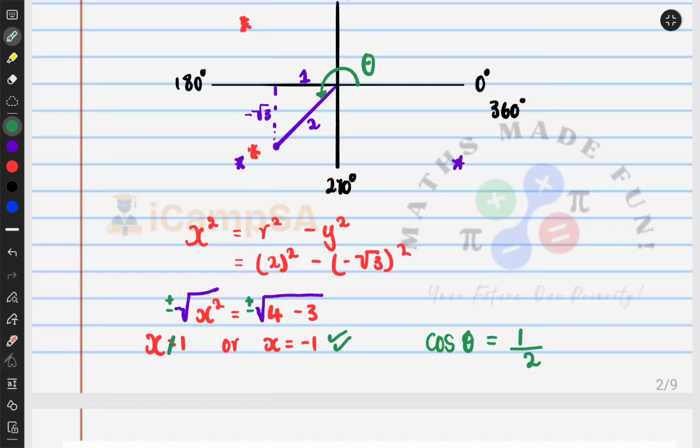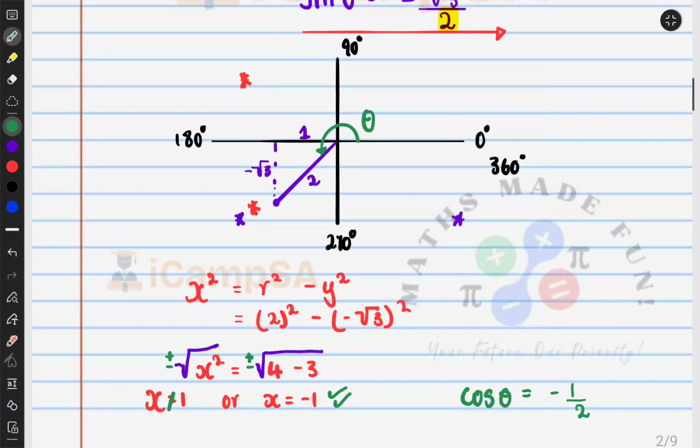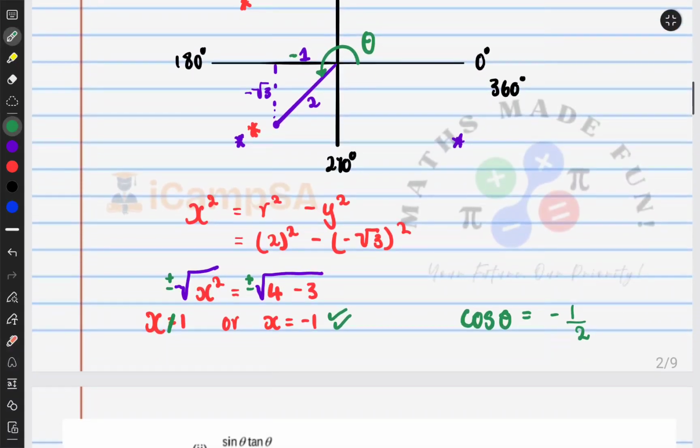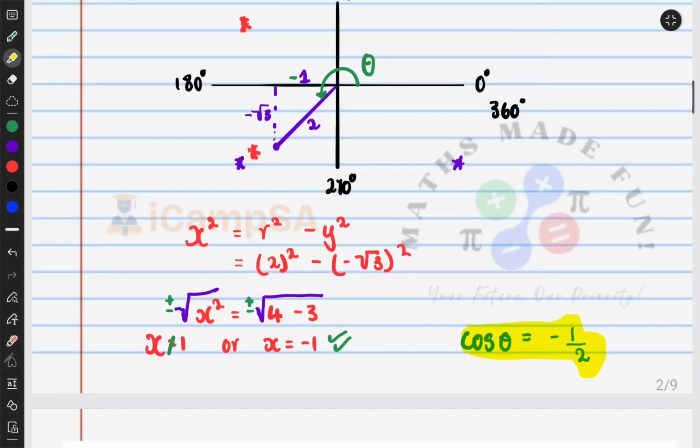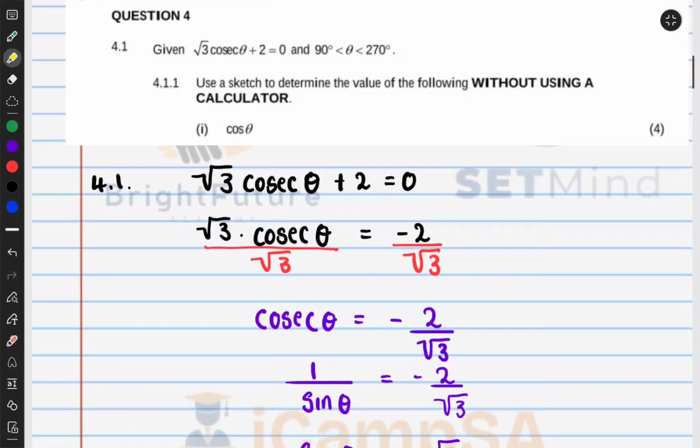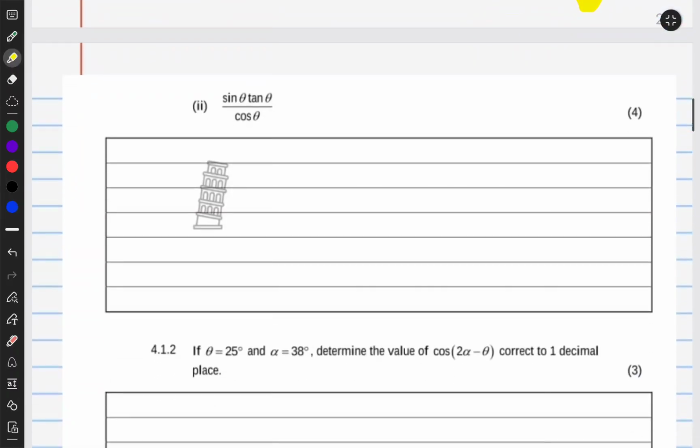So here we're going to have cos theta is equal to negative 1 over 2, because it wouldn't make sense to have a positive 1 on this side, because x is negative to the left. x is positive in the first and fourth quadrants and negative in the second and third, so that is what I'm trying to convey to you. So this is the value of x that we have there. Of course, cos theta is negative 1 over 2. Okay, that was 4 marks. It's a bit of work. And then next